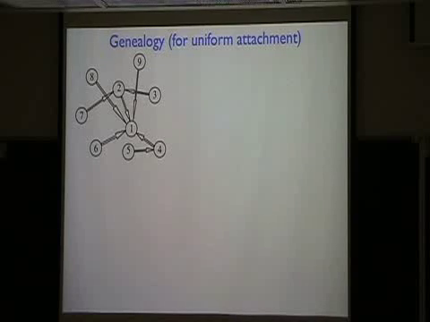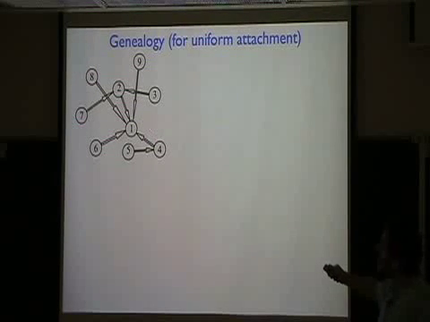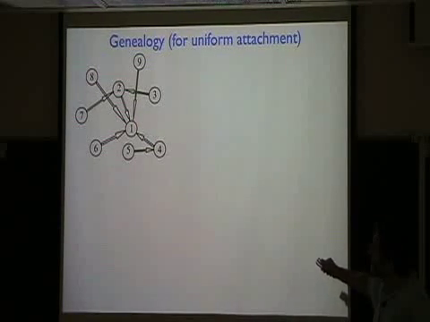So in the last few minutes of this talk, I just want to mention another aspect about the network, which I think is really kind of overlooked, and worth emphasizing because it provides new insight into the structure of these linear preferential attachment networks, and that is the genealogy of the network. So here is a network at some stage of its growth, and inside of this geometrical structure, there is an underlying genealogical tree in the sense that here is the parent node of the network.